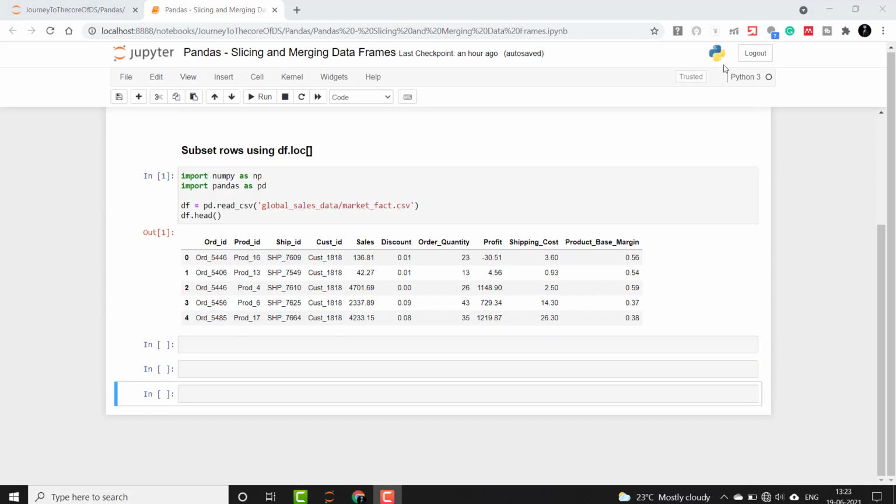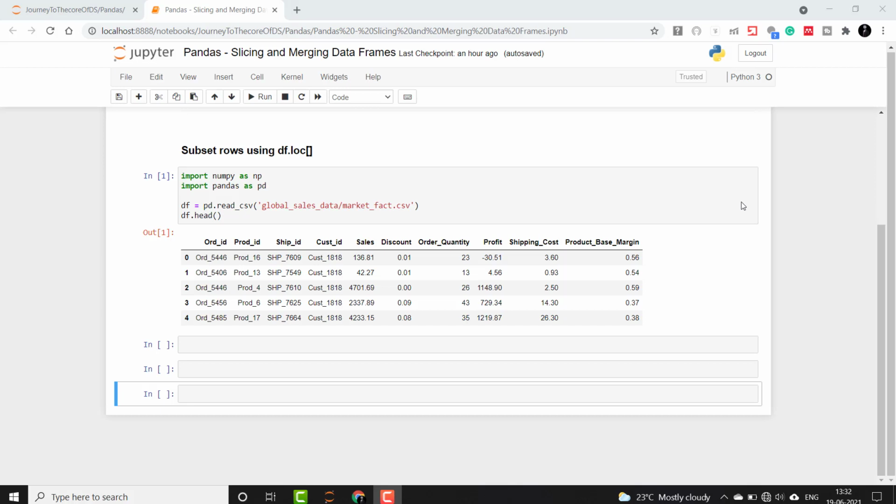So now that we have this data frame, often we would want to select rows which satisfy some given conditions. For example, select all the orders where the sales is greater than 3000, or the orders where sales is between 2000 and 3000 and profit is less than 100, and various other such conditions. The best way to do these operations is using df.loc instead of df.iloc, as df.iloc would require us to remember the integer column indices, which is very tedious. Now let's see some examples.